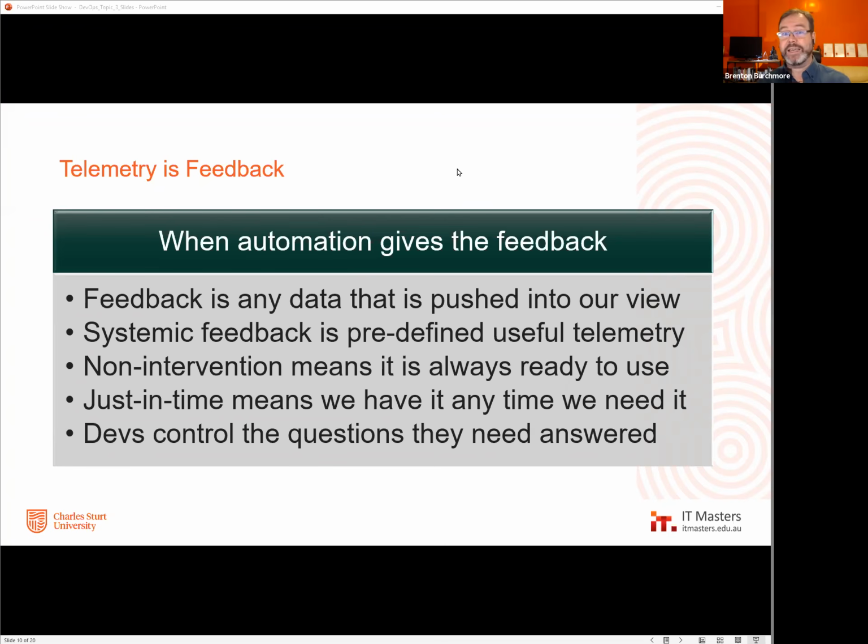Now, they don't have unique control, because ops have a lot of things that they want to monitor as well, or need to monitor. But having this accessibility means that the developers can say, in order to do our job, we need these questions answered every day, all the time. And maybe some new ones that have to get answered with our next deployment.